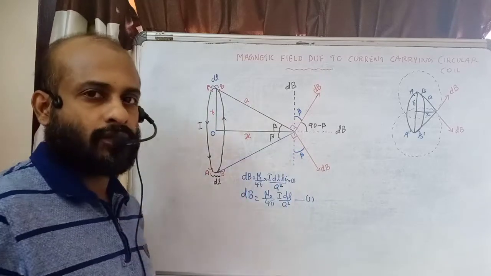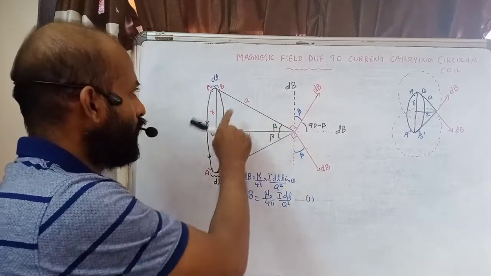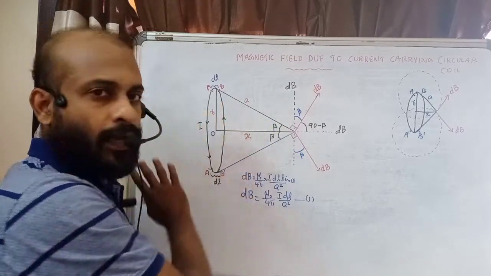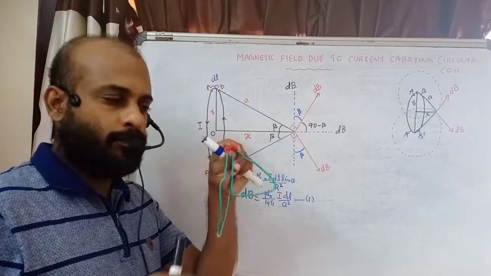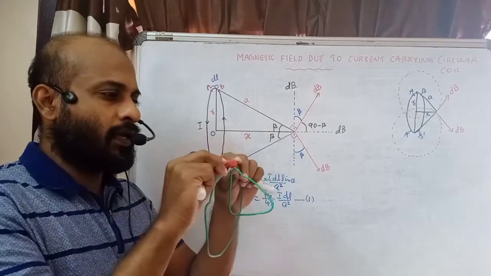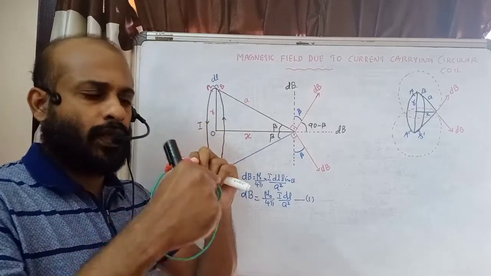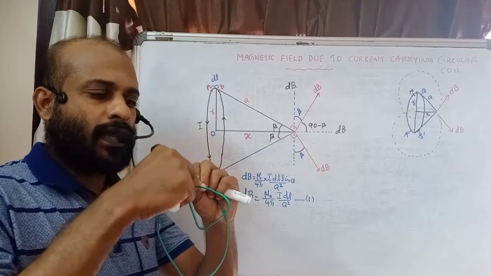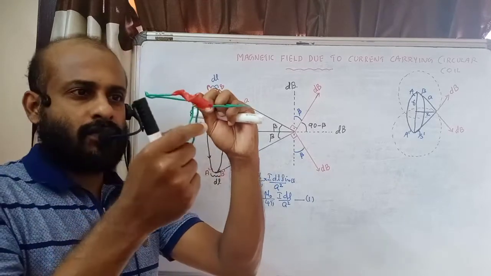What is sin theta here? Theta is the angle between the element and this line. So by looking here, we cannot get any idea about the angle theta. For this, we need to see this shape. This is the element, you can see a red colored small element, and this is the line joining. So the element makes an angle with the line joining. Here you can see exactly in this direction.